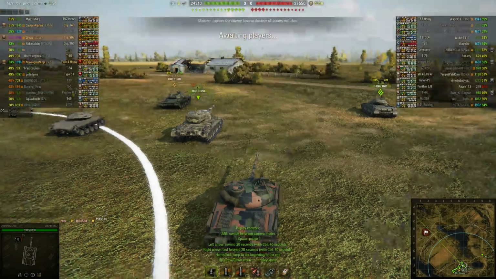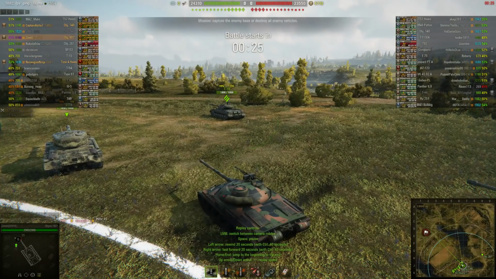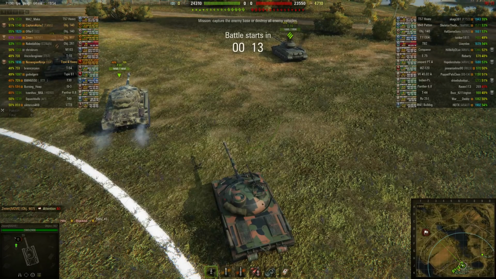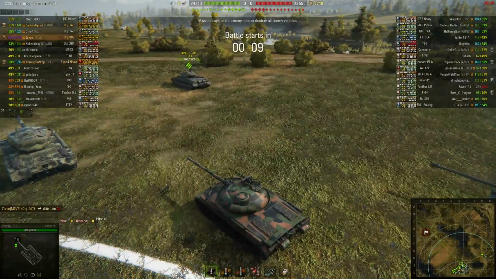Alrighty, so this is a game in the Object 907, the Tier 10 Russian premium medium tank. It was given out as a reward for a couple of campaigns and whatnot. Plays pretty much like all the other Russian mediums, just like the 140 or the T62A sort of tanks. And this is on Malinovka, and we're going to talk about a few things here on Malinovka, but mostly this